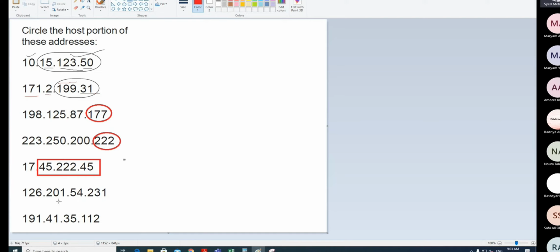Okay, so what is this one? 126.201.54. Is it class A, B or C? B. No, class